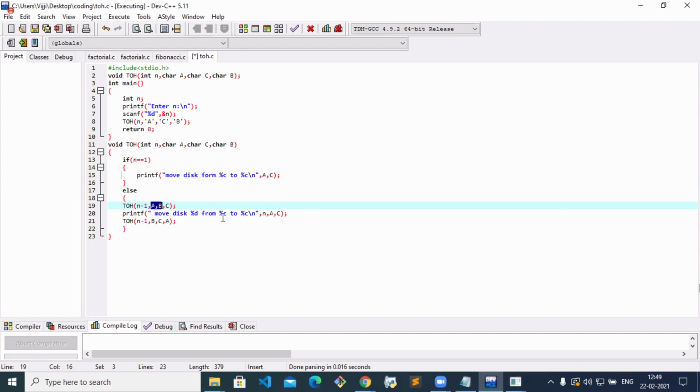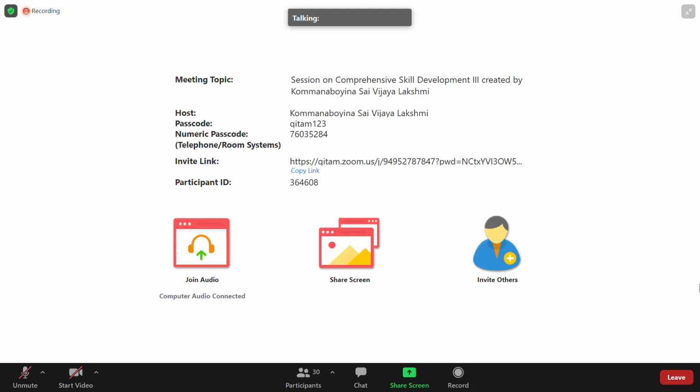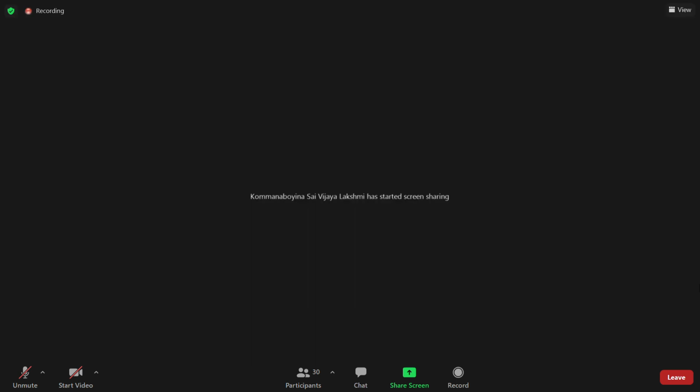For better understanding, you draw a tree. How can you draw it? Tree means initially we have TOH of 3 disks, and I'm passing 3 comma source tower, destination tower and the auxiliary.